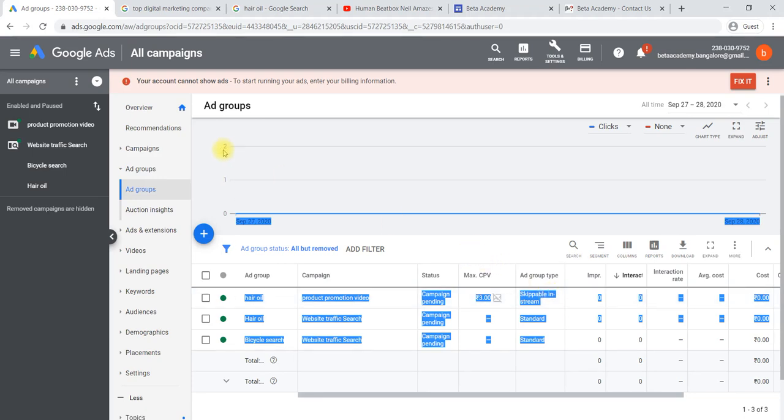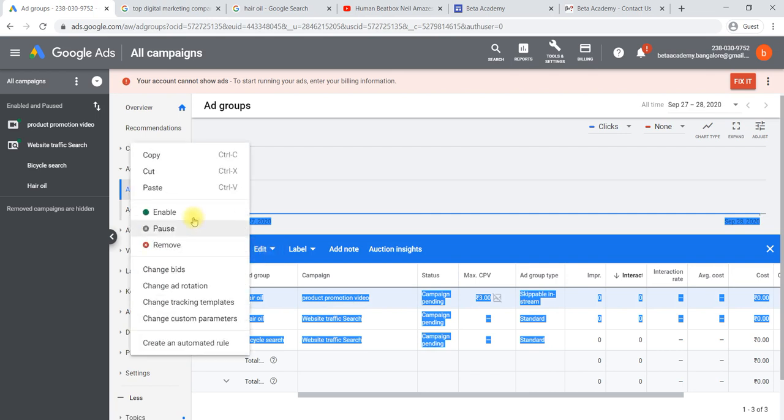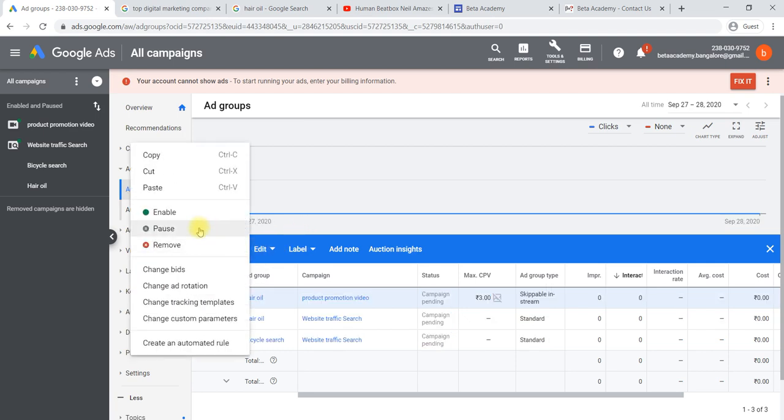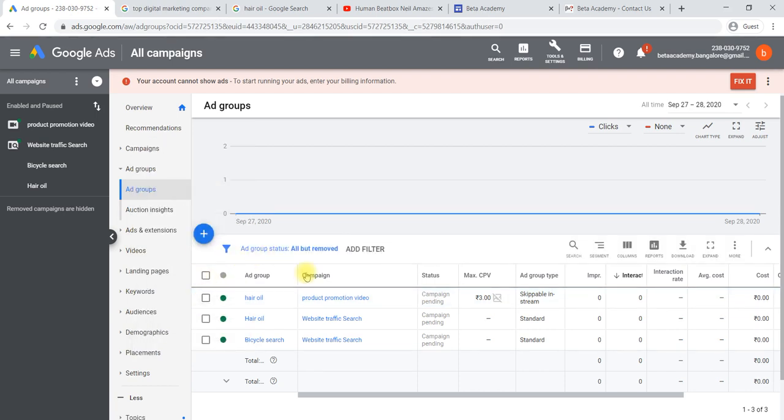Now we will learn about ad level management. One more thing: for example, if you would like to change any of the ad groups, to disable or pause, you can select that. Here you can say paused, edit, enable, pause or remove. You can delete any of the ad groups, or pause, or enable, in the sense of activate. Pause is nothing but stop, and remove is nothing but permanently deleting that particular ad group from that particular campaign. By selecting this, we can do that also.